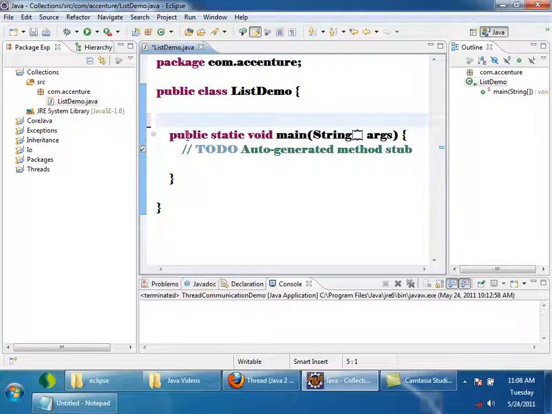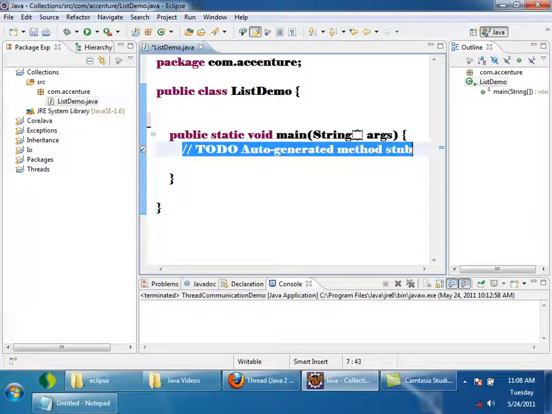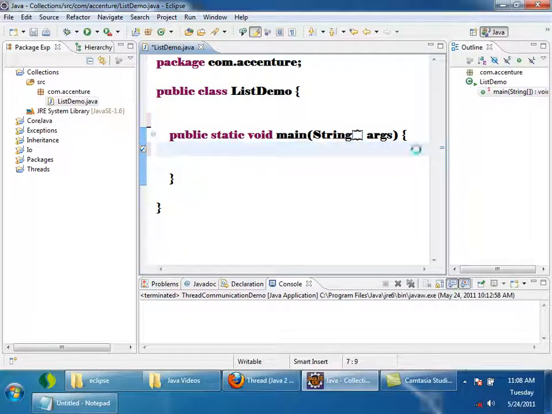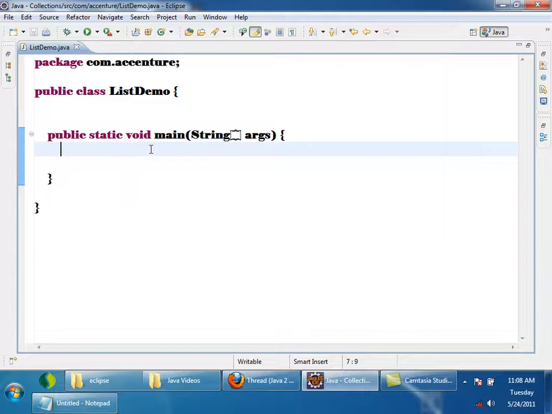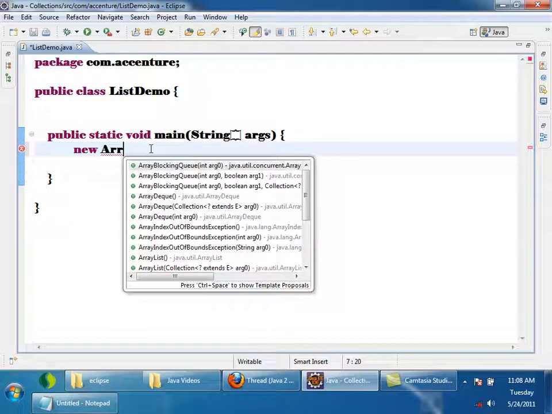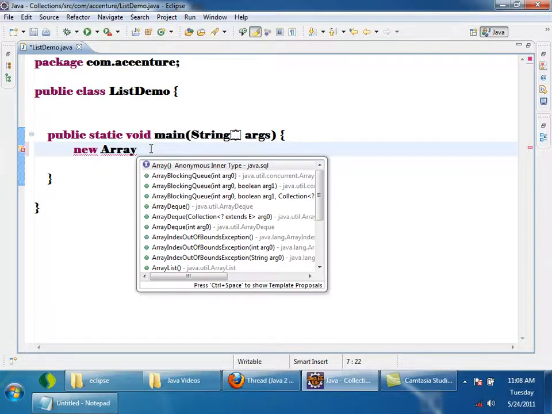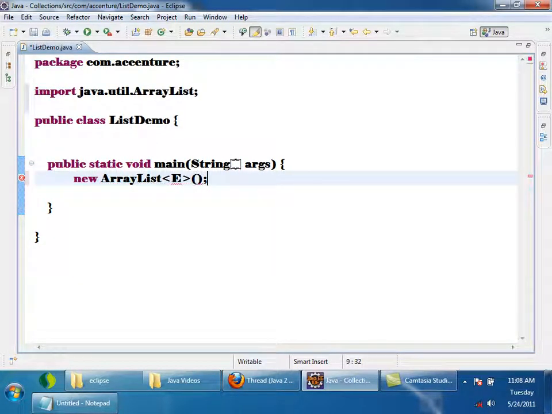So there is a class called ArrayList. New ArrayList. ArrayList namesList is equals to,